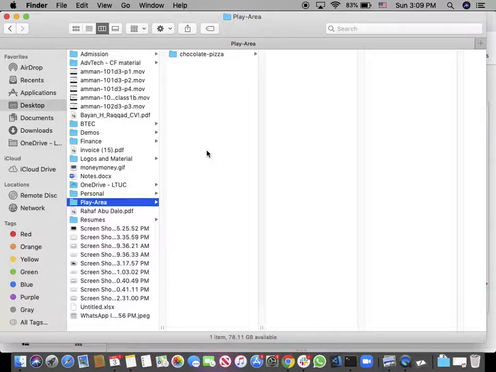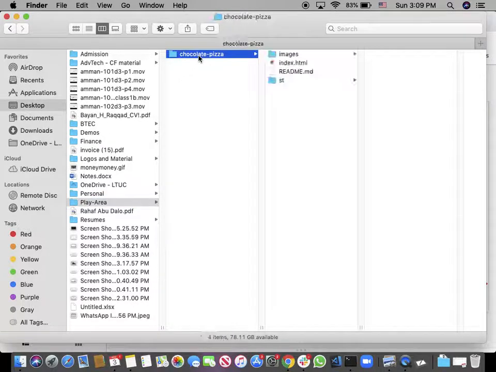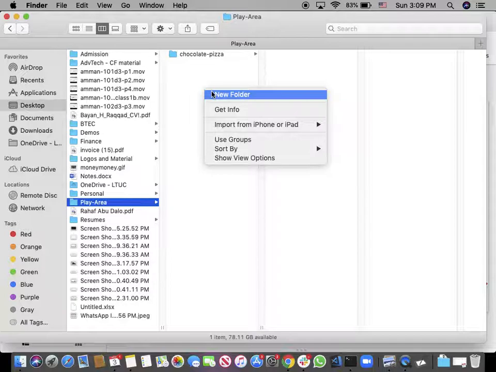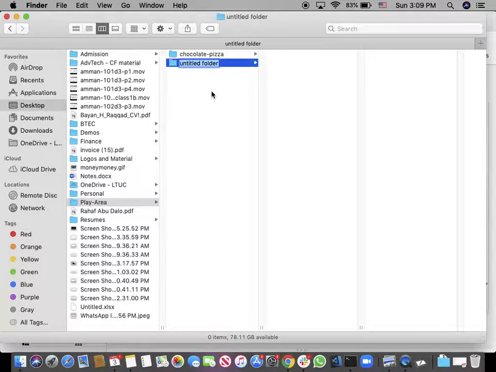I can go to here, so I do it by the mouse. You see this play area? You see this chocolate pizza? Okay. I can here do new folder. And say, I will name it 102. And inside this folder I can create a folder or a file, right? You can do this using